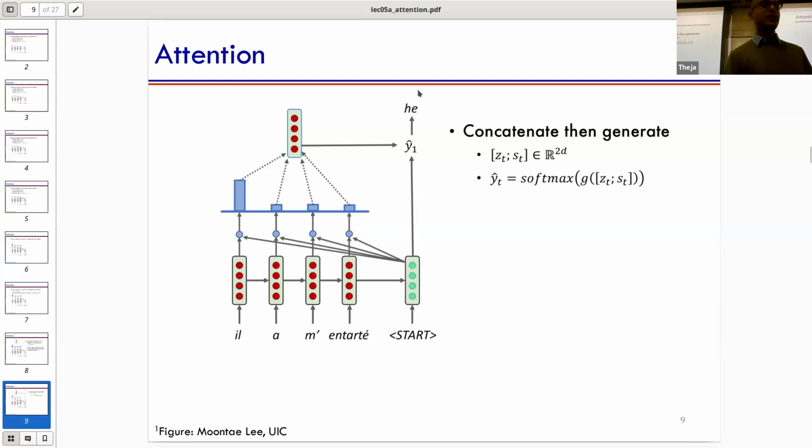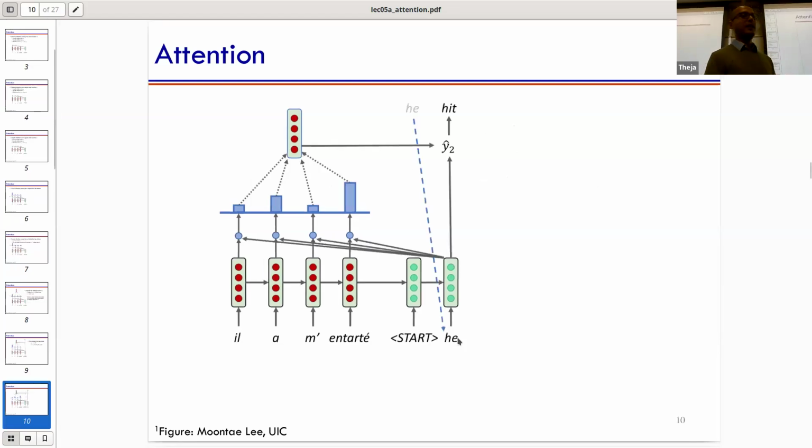You use the word HE, input it as the second step of the decoding process, and then you get the second vector, right? The second vector exactly follows the same process as before. So we do this composition with each of the 4 hidden vectors. This time the weights are such that perhaps the second word and the fourth word seem to be important to decode at this point. And how did this importance come about? It's just by training. The attention mechanism is part of the training. And so now it learns to appropriately make use of the hidden vectors as needed.